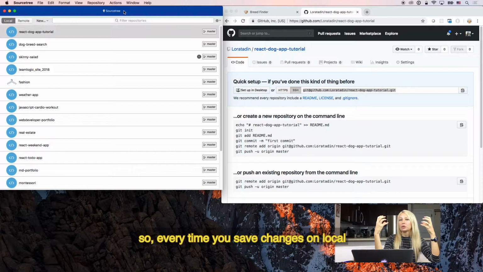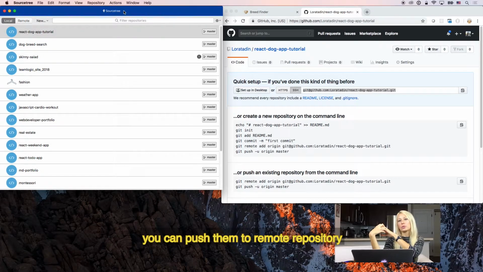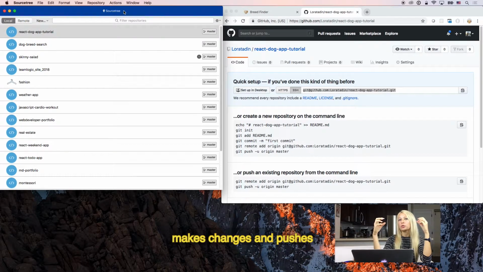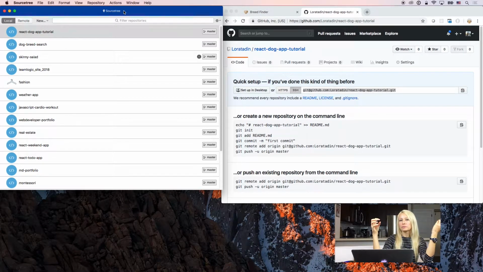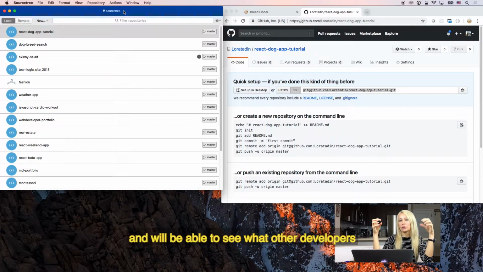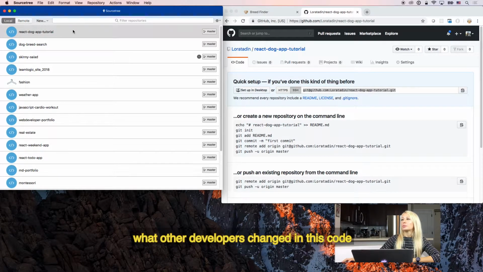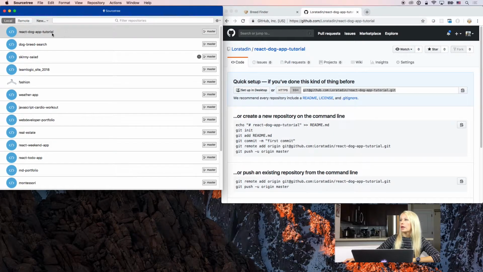So every time you save changes on local, you can push them to the remote repository. And anytime somebody makes changes and pushes them to your remote repository, you can also pull some changes to your local machine, and you will be able to see what other developers created and changed in this code.